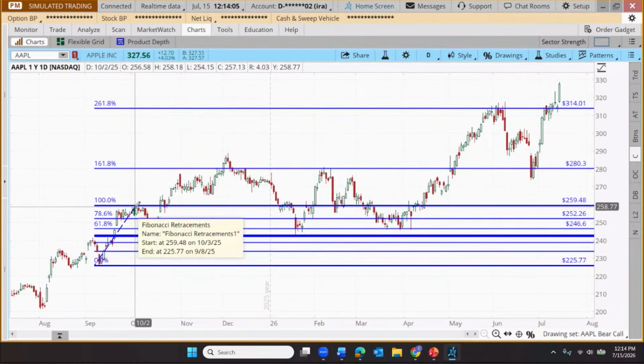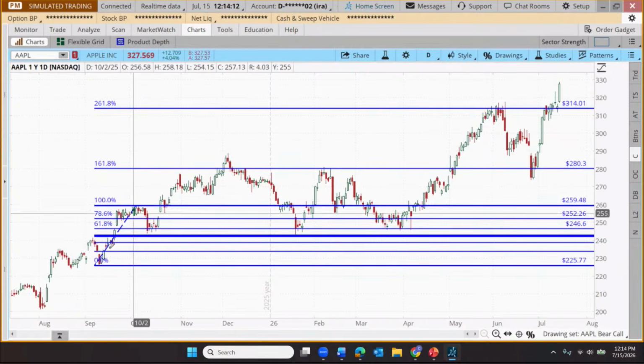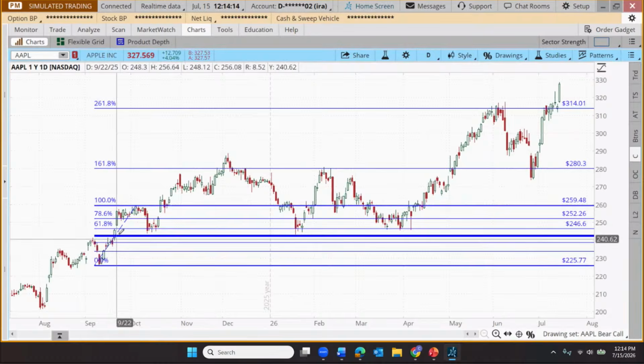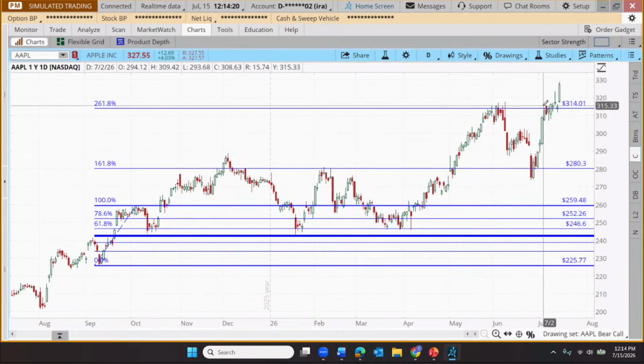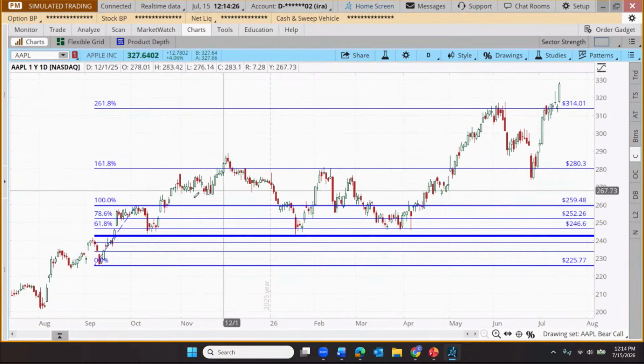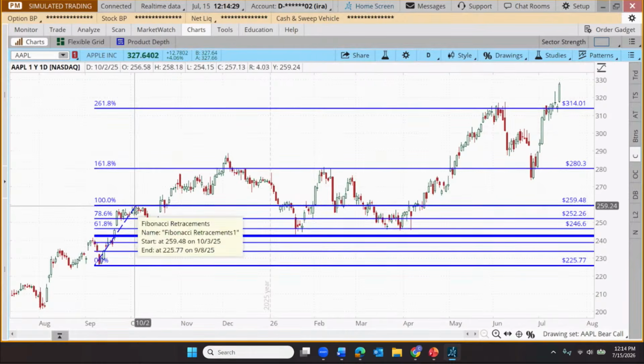And these lines are commonly used by traders in an effort to anticipate potential future areas of support and resistance. So for example, when a stock makes a really strong move up, as Apple appears to be making right now, I think it's natural for some traders to wonder, well, how far back might that pull if and when it starts to pull back? So that's the initial use of our Fibonacci.